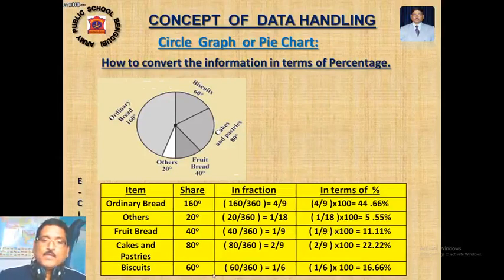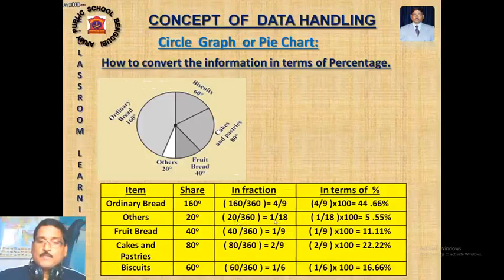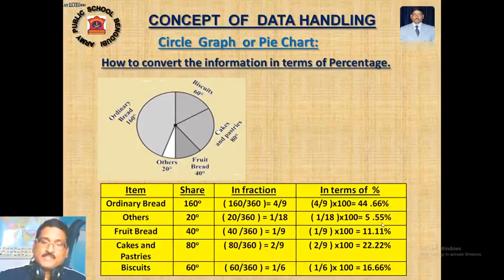Now, others 20 degree. 20 degree means 20 upon 360. Cancelling, I am getting 1 by 18. 1 by 18 multiplied by 100, I am getting 5.55%. Fruit bed 40 degree, 40 upon 360 multiplied by 100, I am getting 11.11%. Cakes and pastries 80 degree, 80 upon 360, after cancelling I am getting 2 by 9. 2 by 9 multiplied by 100, I am getting